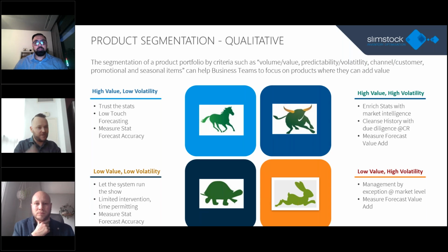Low volatility, which indicates that it is a predictable item, would warrant that you spend less time on enriching your forecast, right? But reflecting on some of our customers who have adopted something similar to this, they have now allocated a lot more resources to enrich their forecast for the bull and the rabbit scenarios, right? Let Slim4 and your statistical driven forecast run the show for the leftmost quadrants, and enrich your forecast for the right. Any market considerations that might not necessarily be represented in the historical data